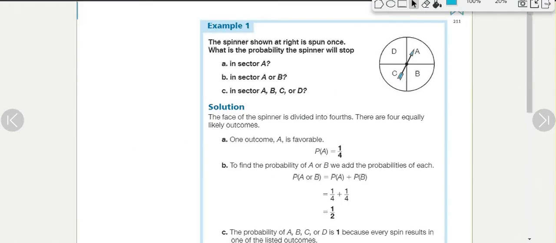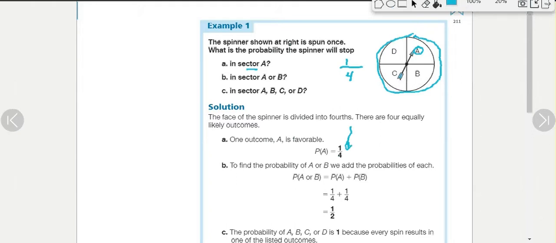Example 1, we're spinning A, B, C, D in that order. Doesn't really matter where they are because theoretically all four have the same possibility. What's the probability the spinner will stop in sector A? Favorable outcomes, there's only one. So we put that on top. And then underneath we say, well, how many are there in the sample space? Right? I count 4 sections. So 1 over 4